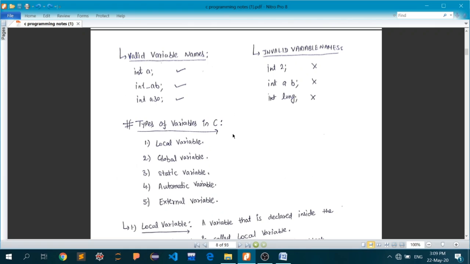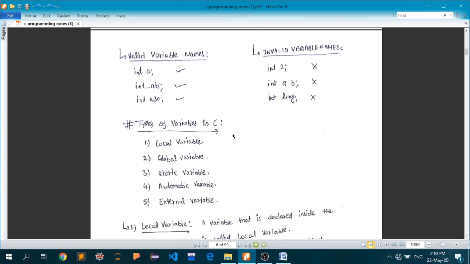Jurisdiction is like the police station. Every police station has an area of jurisdiction. Outside it, it is not authorized to operate, or at least it has to take the permission of some higher authority. So that is somewhat the analogy to make you understand what the scope is. So scope is like jurisdiction.